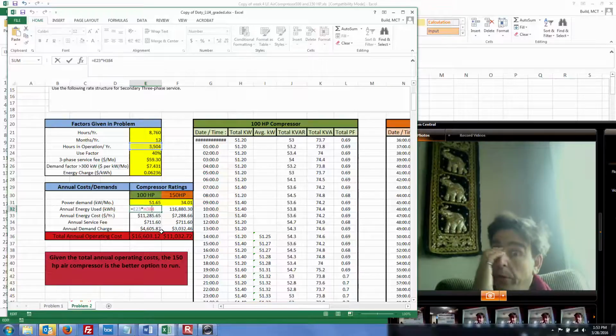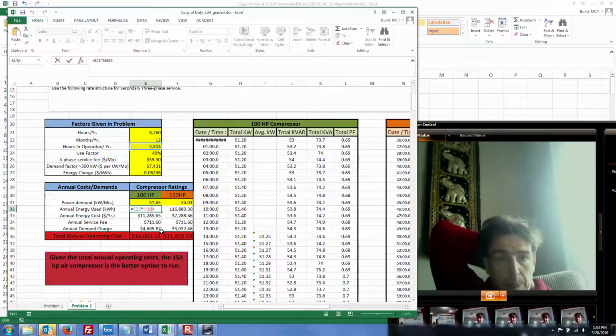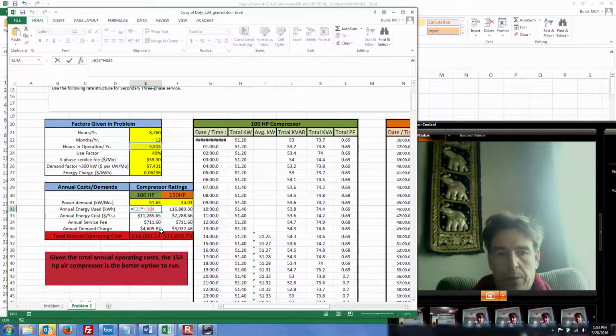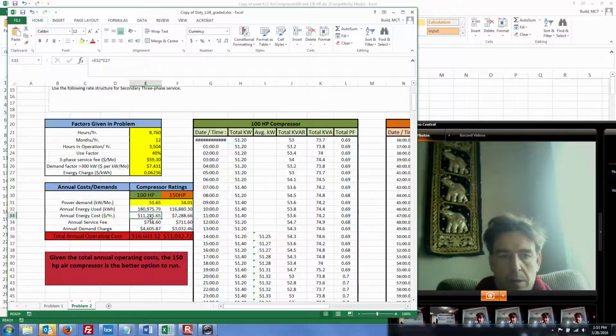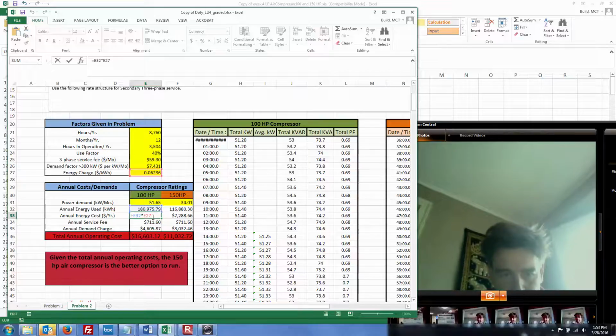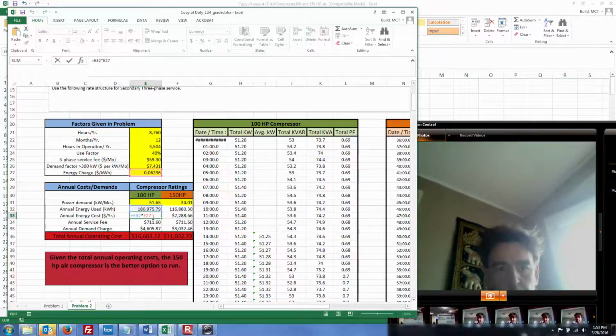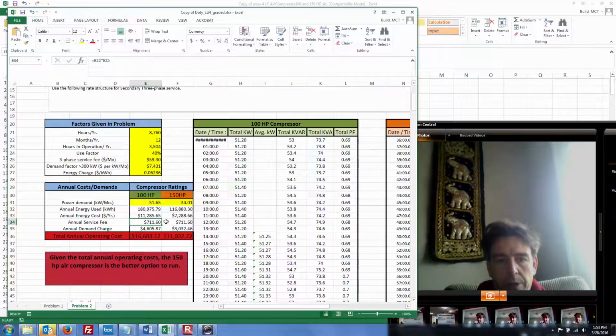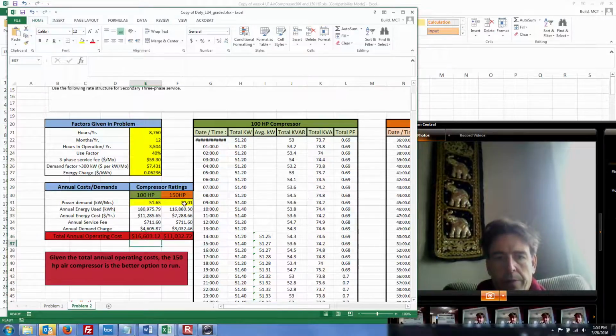Average energy used is the hours in operation times the power. Energy is power times time. There's your energy cost. There's your fee. Boom. Okay. So that's the cost to run the 100 horsepower motor. Now, the 150,